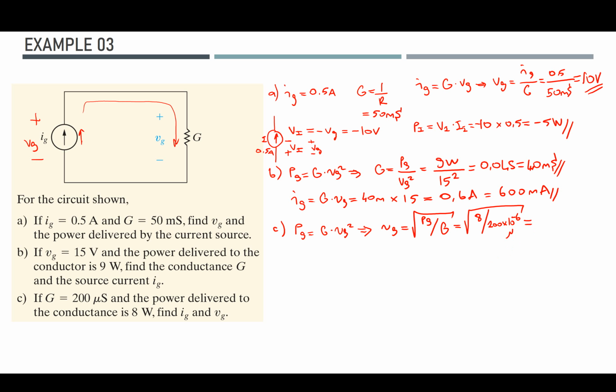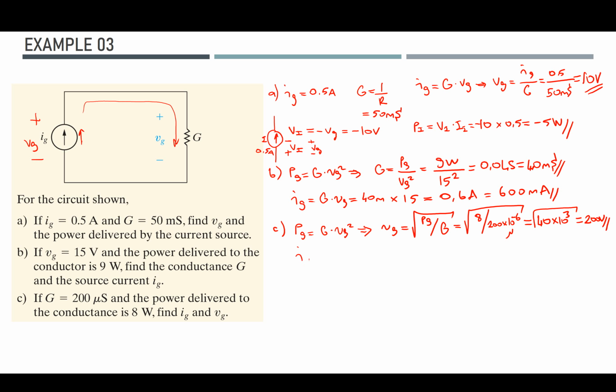If we do the math, then we are going to get 40 times 10 to the 3, square root of it. Then we are going to get 200 volts out of this as the Vg value,